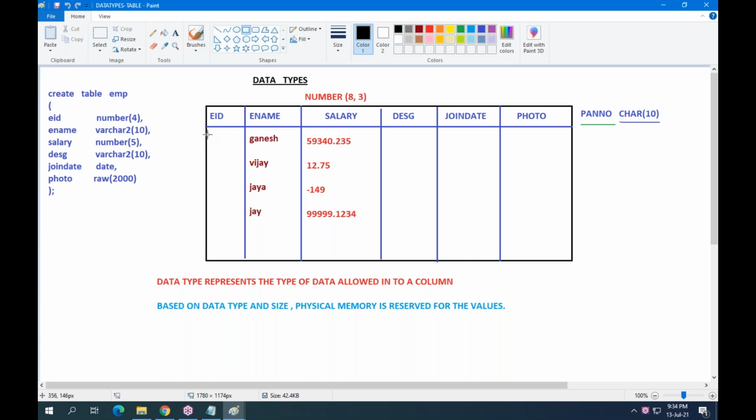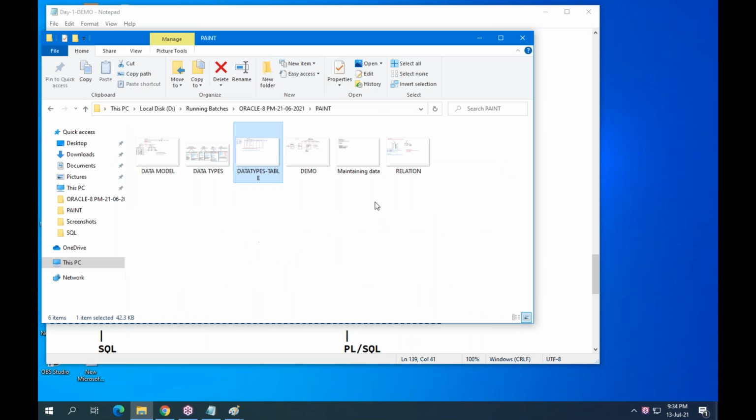Here, what is a row? This horizontal information is known as a record or row. And this vertical information is known as a field or column. A table is a collection of rows and columns.